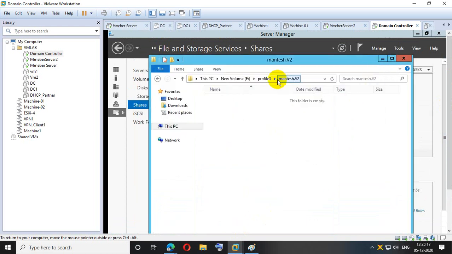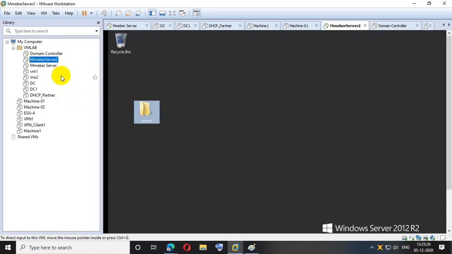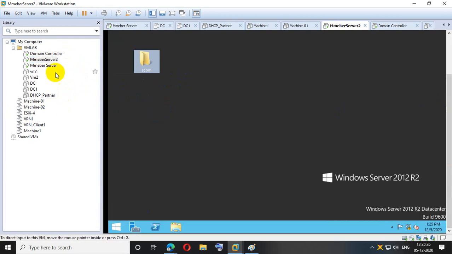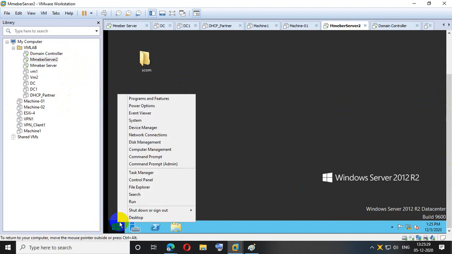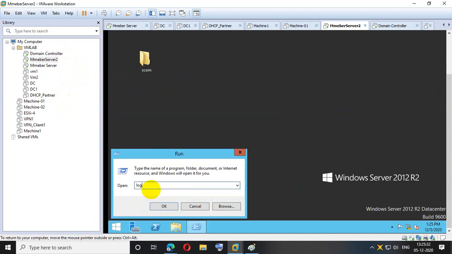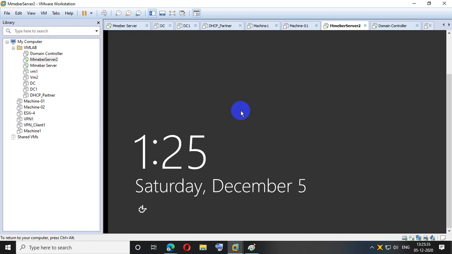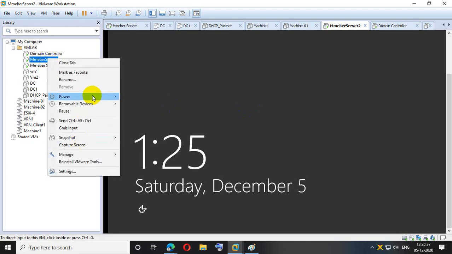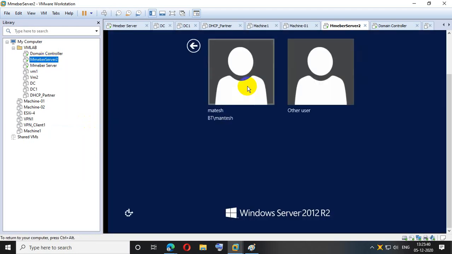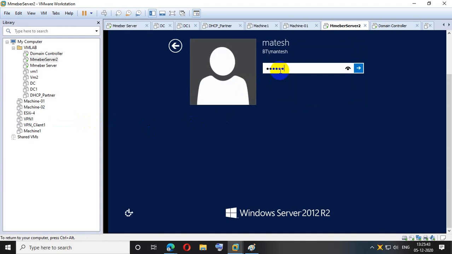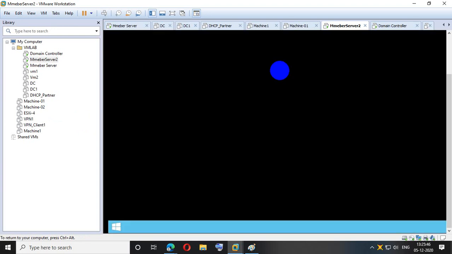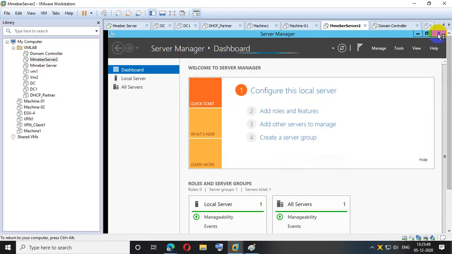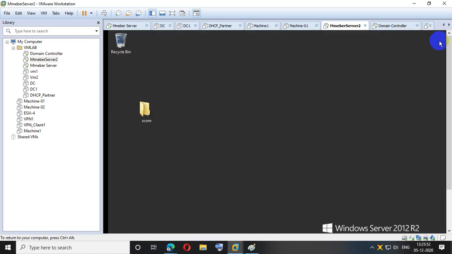Okay, let's do it. I'm going to log off from this machine. Now log in again with Mantesh. Now I'll create one folder in the profile, Alert.